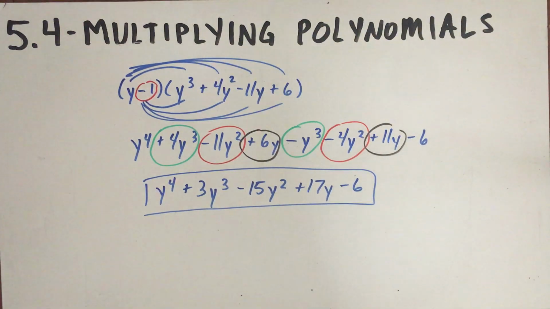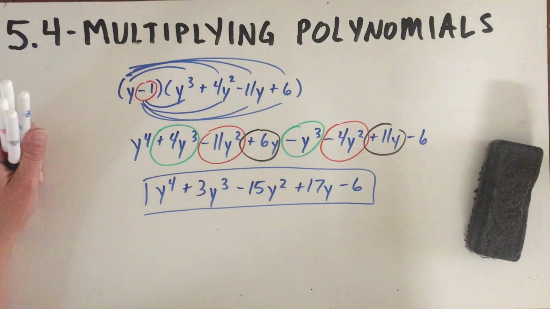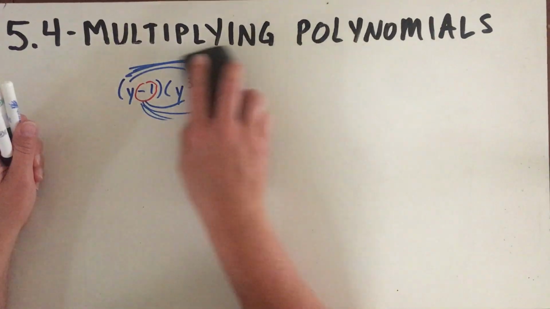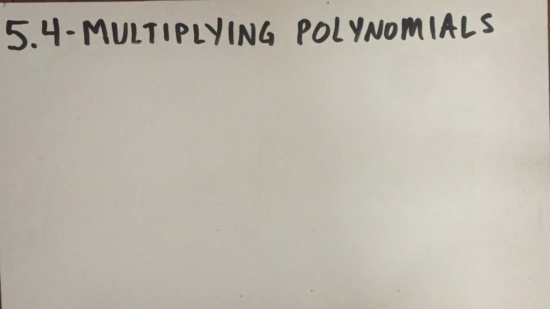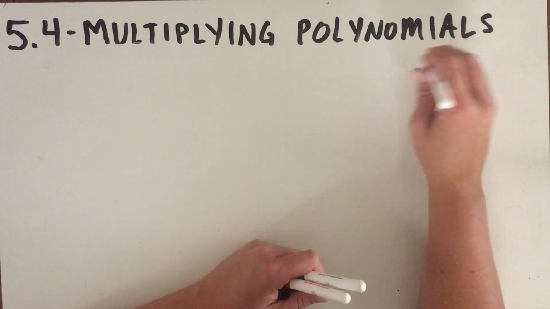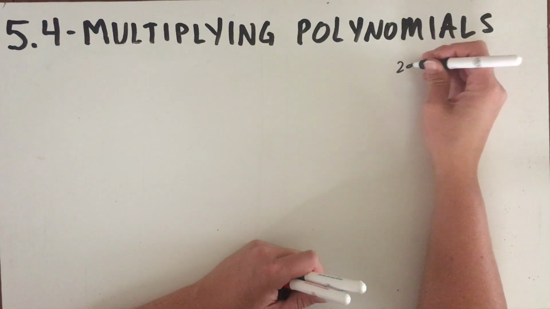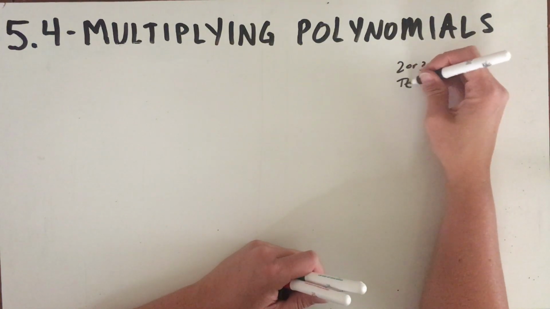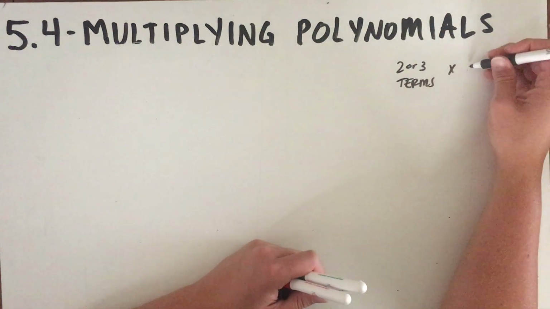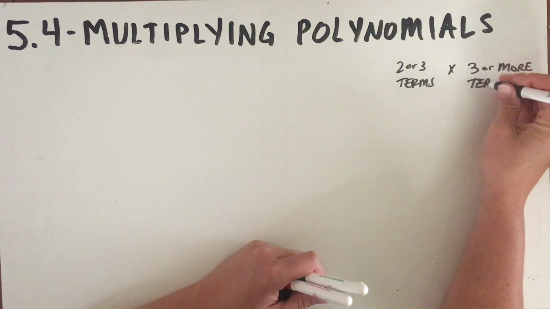Okay, so that's one way to do it, is just distribute it. But what if I started to say, well, let's do a trinomial times a trinomial, or something bigger than that? Good grief. It might get really kind of hairy keeping track of all of the different stuff. So the way that I recommend doing this is that if you have anything bigger, if you're not distributing and you're not foiling, so if you have any kind of 2 or 3 terms, and you're multiplying that by 3 or more terms, what I would recommend is doing